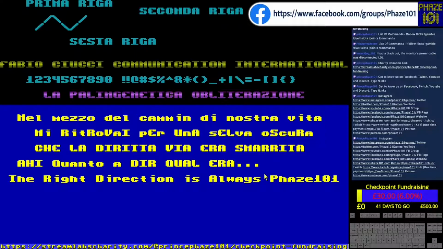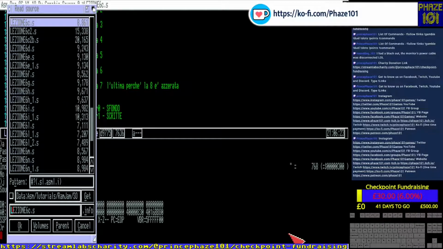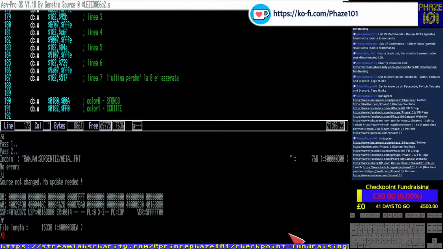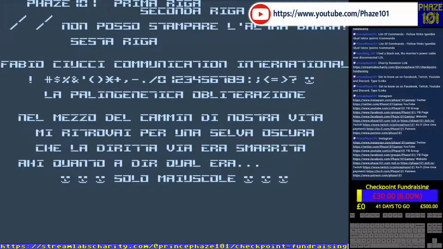Let's say we have finished explaining the code here. We need to read 6C2. And this time we have again a screen. He didn't use colors here. We have again a screen with